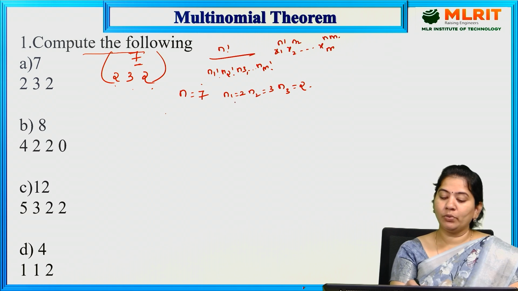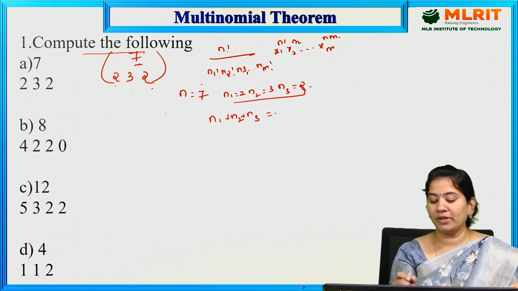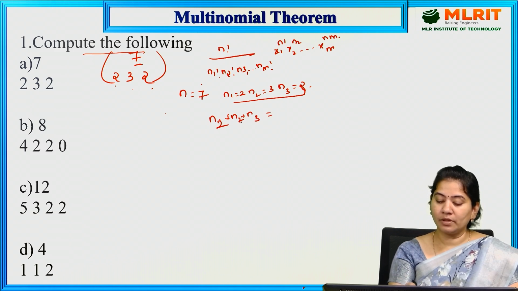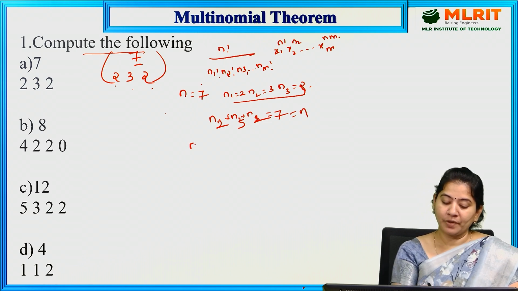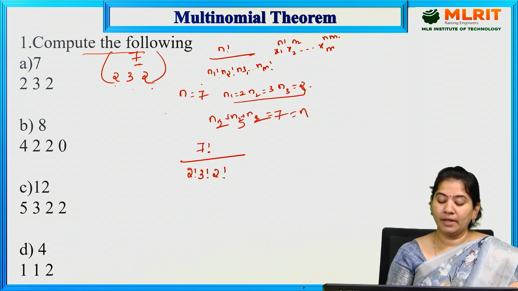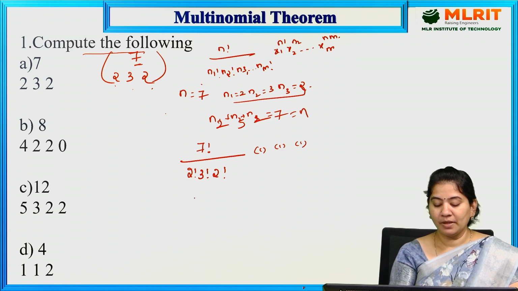Now if you add all these n1 plus n2 plus n3, you should get the value 7 again. That is 2, 3, 2: 2 plus 3 is 5, plus 2 is 7, which is equal to 7. Now just substitute in the formula: n factorial by, which is 7 factorial by 2 factorial, 3 factorial into 2 factorial. If you observe, we don't have any coefficients here, but directly you can take them as 1, 1, 1, 1, and you can substitute 7 factorial by